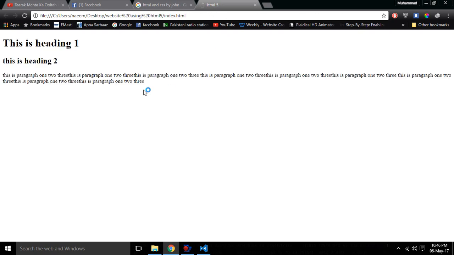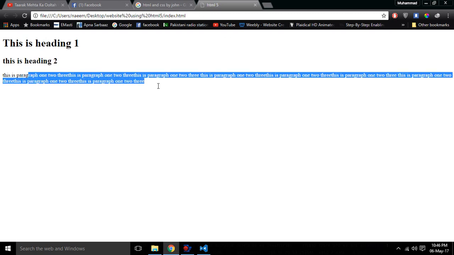Just open it and it will open in your default browser. This is the result of what we typed. This is heading 1, this is heading 2, and this is the paragraph we wrote.